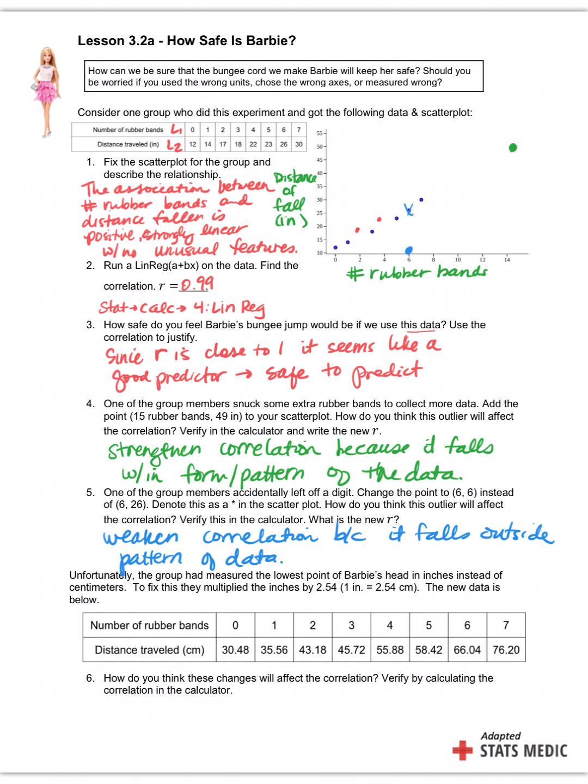It should still be roughly the same. It should stay the same, right? Kind of like back when we did means and standard deviations. Multiplication, I mean, it changed the values, but didn't change the shape, right? Same idea here. It's not going to change our R value. It will not change R at all. Okay?